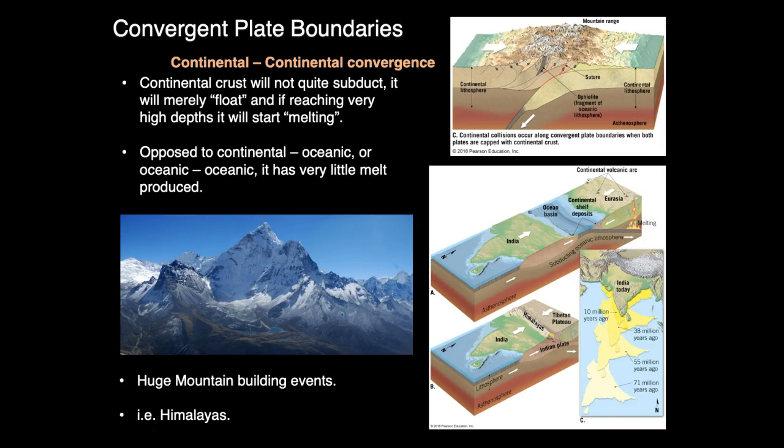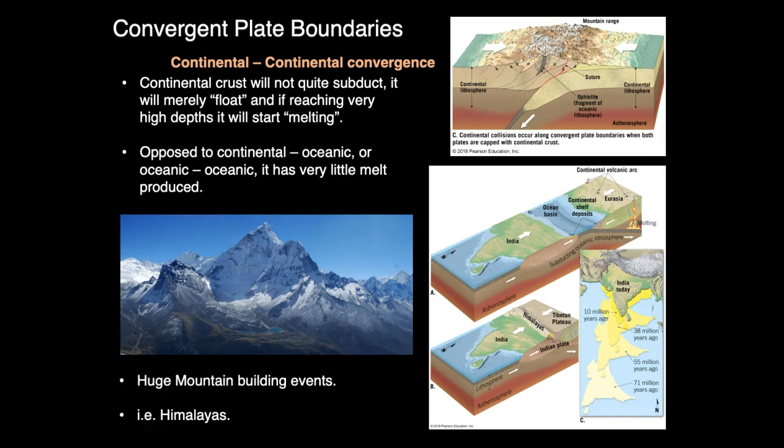However, once the landmass margin encounters, as I said, another landmass, both of the continents' material are relatively buoyant and won't cede to subduction that easily. So they merely kind of float. So you get this large amount of deformation of the rocks at either plate's margin, which causes material to build up of sedimentary and also now metamorphic rocks, which are rocks that have been greatly deformed by pressure and temperature, also accumulate. And in some cases, some oceanic lithosphere may become incorporated in the mix of that sedimentary and